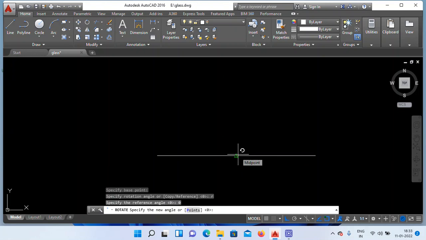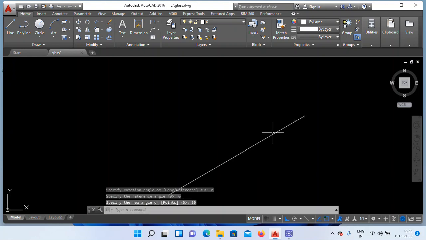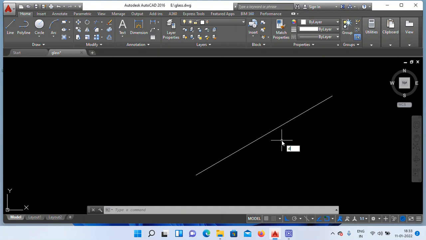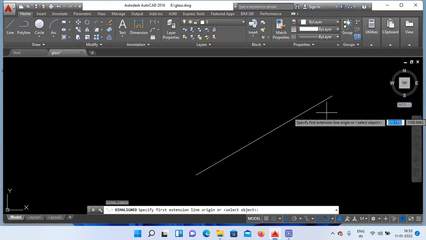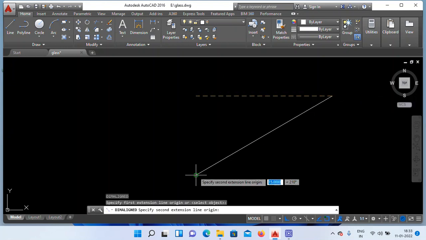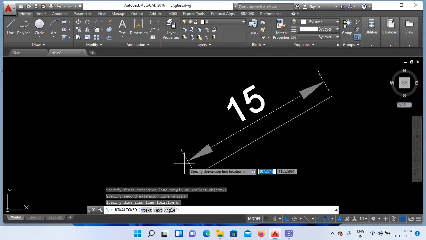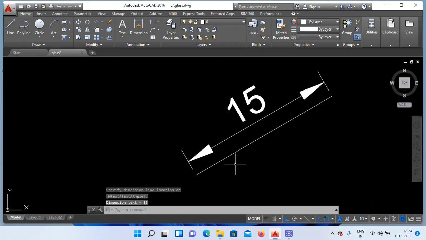Type the required angle. Required angle 30 degree. Okay. Change it to 30 degree. Measure this. It is 15 meters. Fine. Its angle is 30 degree.